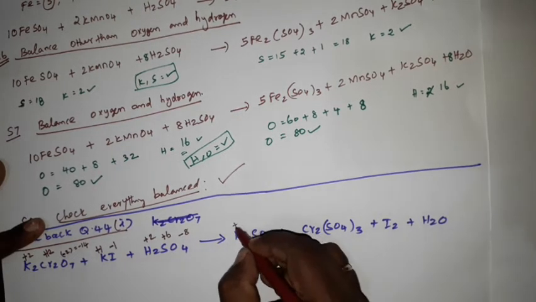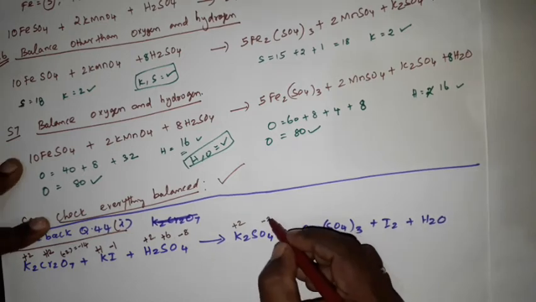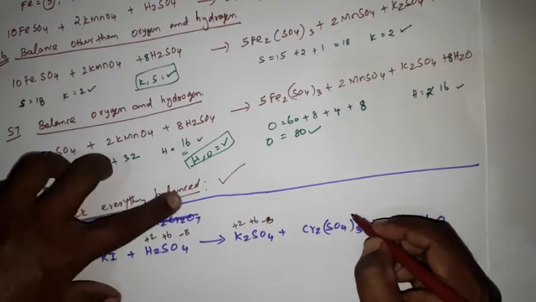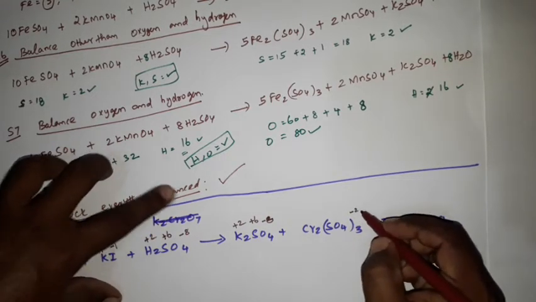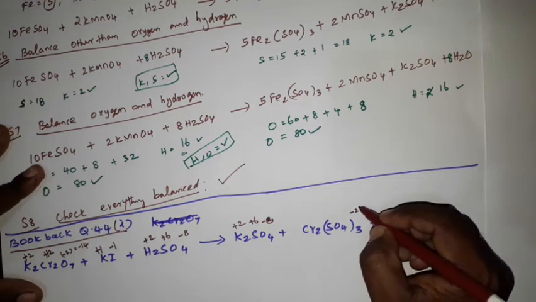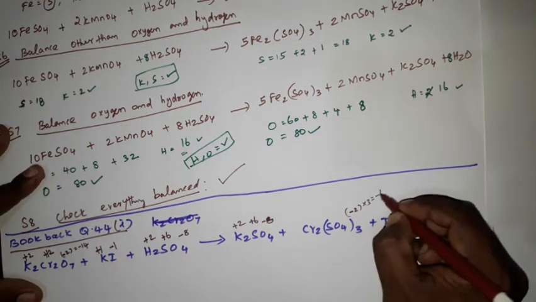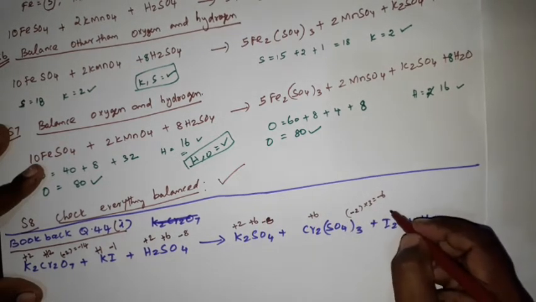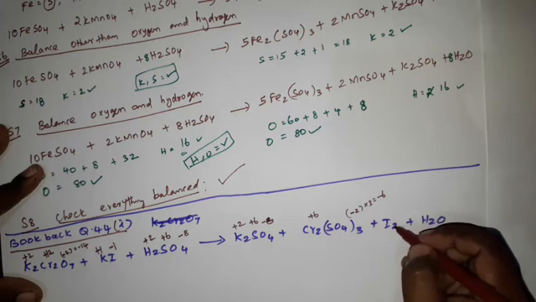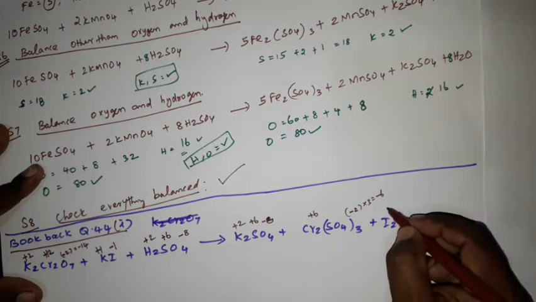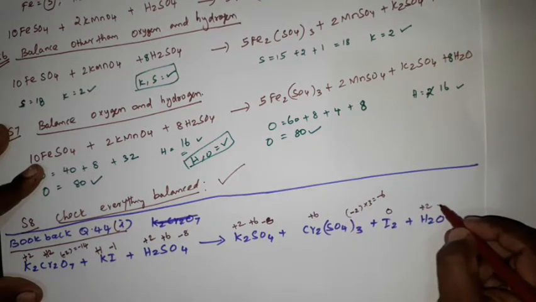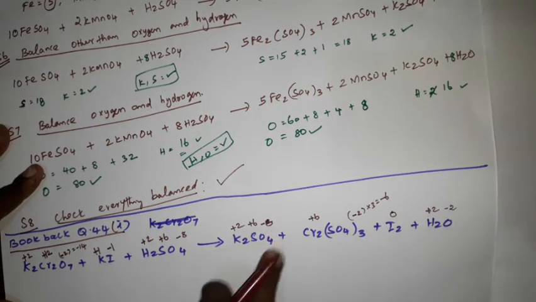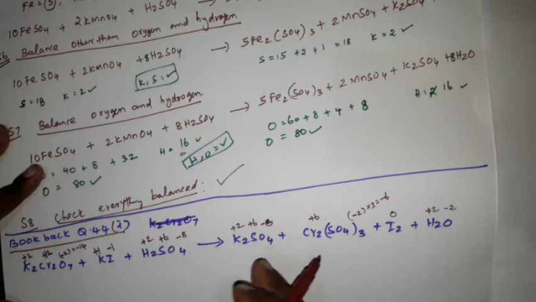Then here comes, this is plus 2 and minus 8. So here plus 6. Now this sulfate, that is minus 2. So 3 sulfate ions are there. So 3 into minus 2 equals minus 6. So chromium, that is plus 6. Now I2, see, whenever it is in the molecule state or an individual atom, that oxidation number will be 0. This is plus 2 and this is minus 2. Clear? See, after assigning oxidation numbers, the total oxidation number of the compound will be equal to 0.